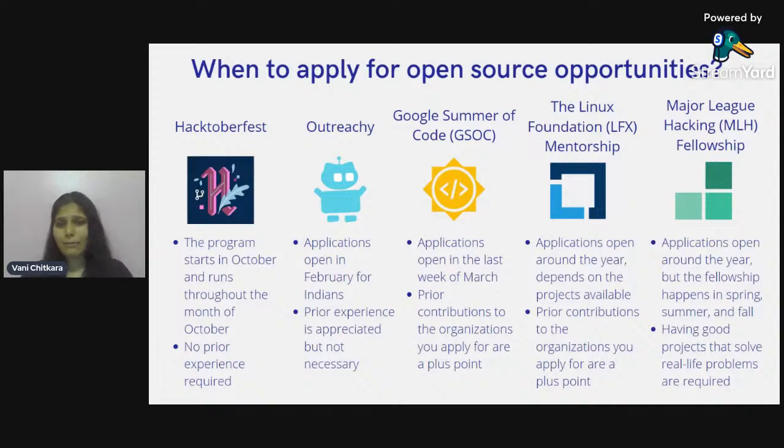For GSoC, the application is open in the last week of March, and prior contributions to the organization that you apply to are a very huge plus point. So let's say you want to apply to Eclipse Adoptium, or you want to apply to Moya Global, right? These organizations might look for previous contributions from you even before the GSoC timeline. So it will be very good for you if you start contributing as early as you can